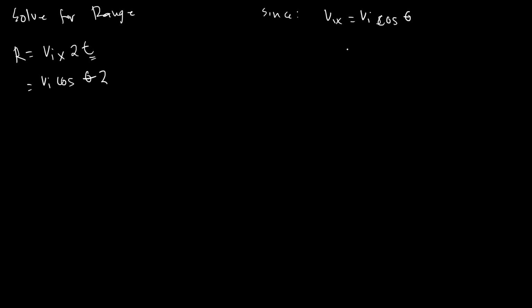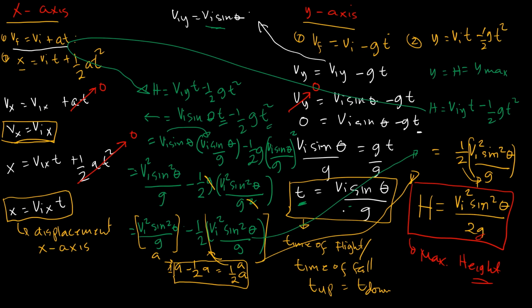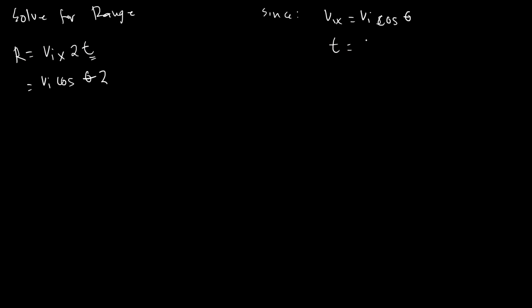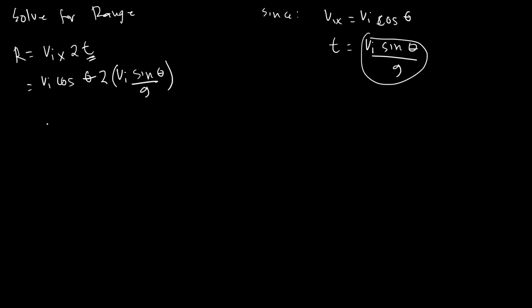Time here is equals to this term here, as you can see. So this is equals to initial velocity sine of theta all over g. We will substitute this value to the value of time here, so that we can eliminate the variable t. So this is equals to v sub i sine theta divided by g, and this is equals to